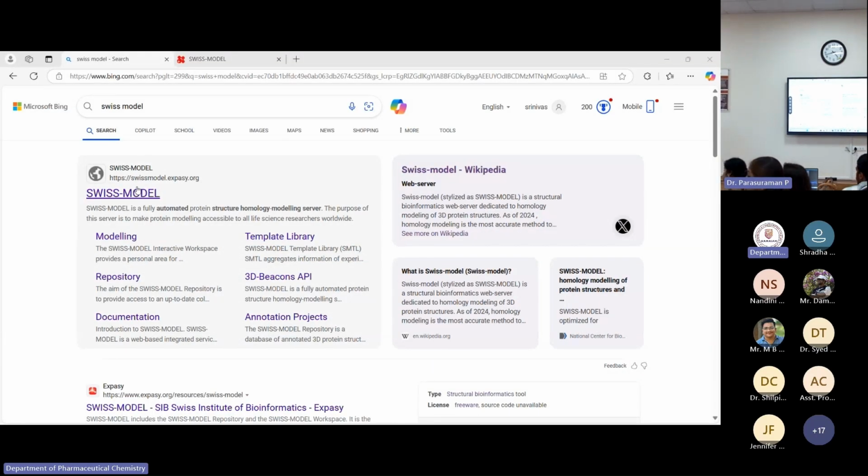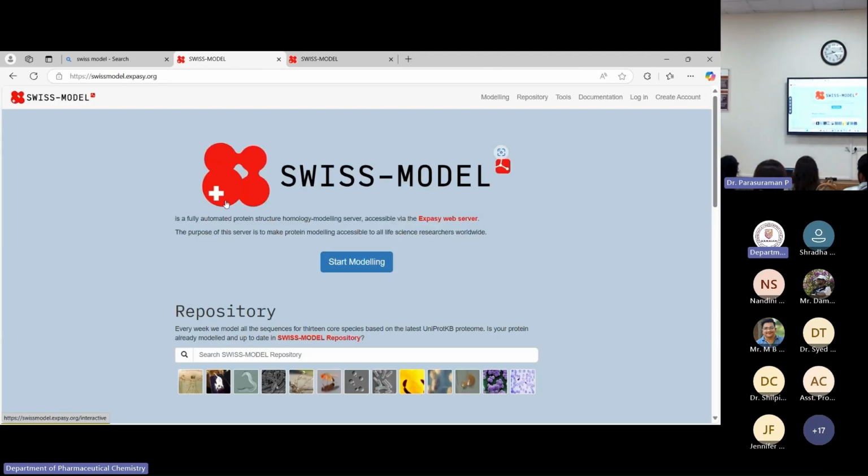From a free protein 3D building software called Swiss Model, we'll build a 3D protein structure. From the protein database called UniProt, I have a